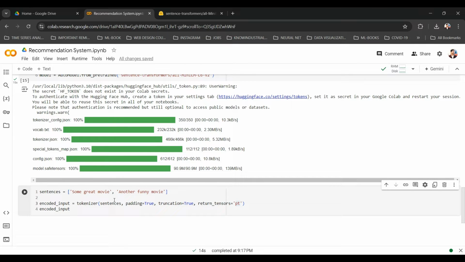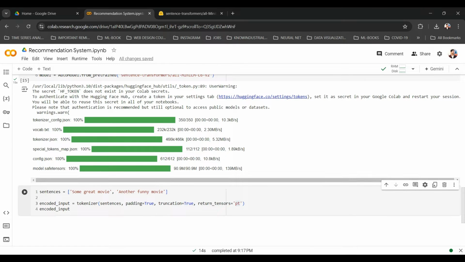Okay, so if a sentence has a length smaller than the largest sentence, we will just add padding to it. Padding means we'll just add some bits to it. And we have set truncation to true. This will ensure that any sentence longer than the model's maximum allowed length is truncated to fit within this limit. So there will be a maximum allowed length for a particular sentence to get processed at a time. If the sentence goes beyond that limit, it will just truncate it. It will just remove the last few words.